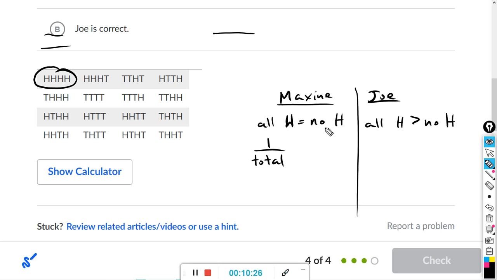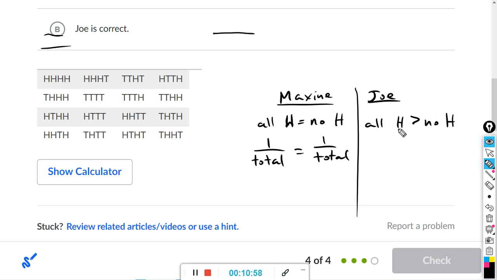And how many options do we have for no heads? Well, that would have to be all tails, okay? So again, there's just one option. 1 divided by the total, okay? Obviously, the total is 16. You don't even need to know that for this. So we can see already Maxine is correct. 1 divided by the total for both all heads and no heads, all right? Just to prove it,